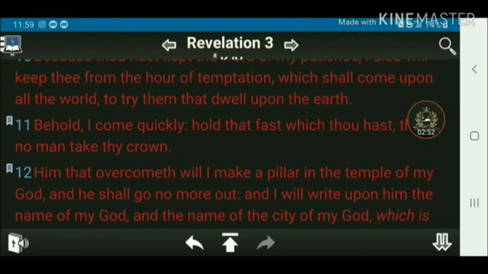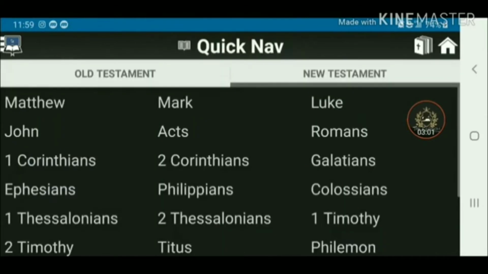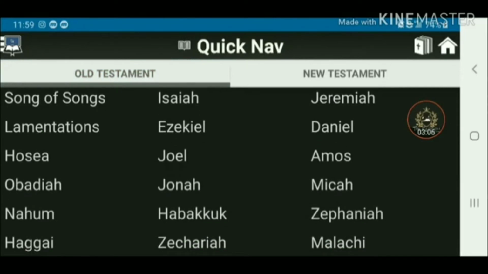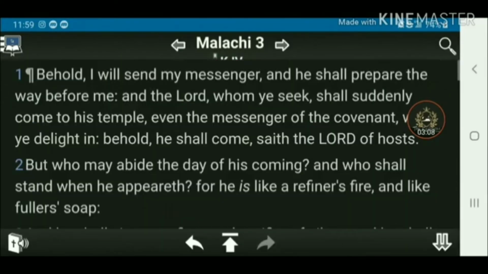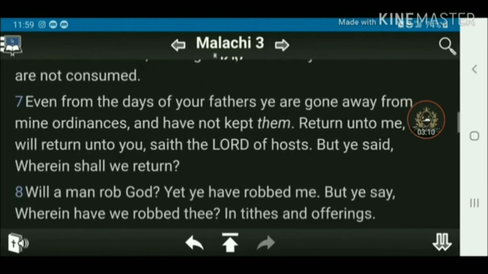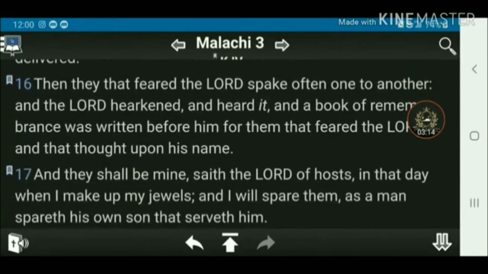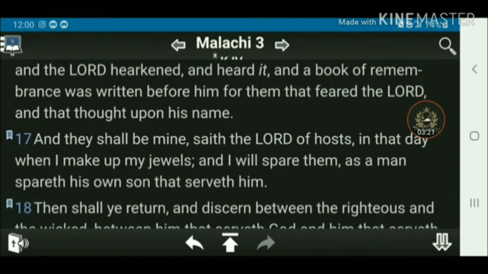But see, these men are going to be spared. They're going to be redeemed. They're going to escape from this hour of temptation. Let's go look in the book of Malachi real quick. Malachi 3, right? And verse 16. And it reads, Then they that feared the Lord spake often one to another, and the Lord hearkened and heard it. And a book of remembrance was written before him for them that feared the Lord and that thought upon